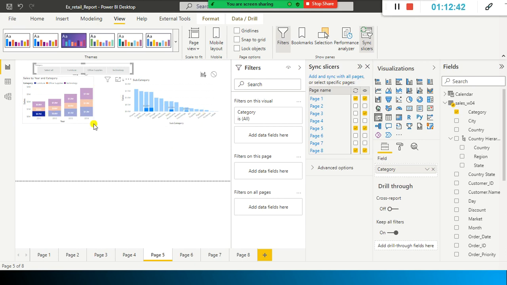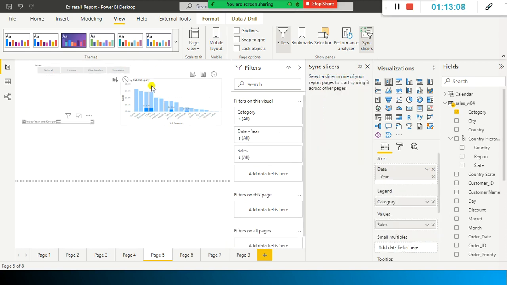Let's say the end user is not happy with cross highlighting. Why is he not happy with it? Because he wants to see only the bars that are relevant to this item in this chart. So I don't need these bars. Why are these bars displaying here? Okay, I think I enabled this one. That's the reason why it was not doing it. One second, let me just